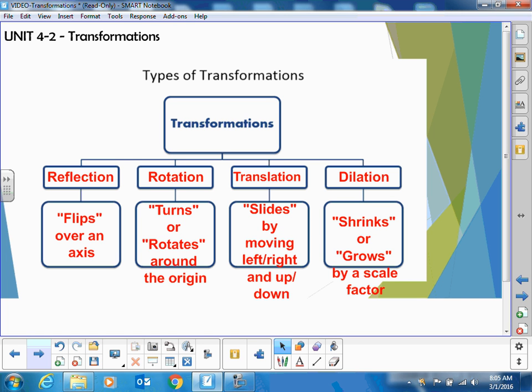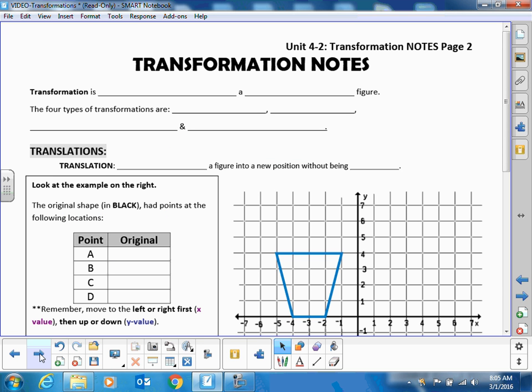Make sure you have these written down on your paper. I went through them quickly, so pause the video and make sure you have them written down, because I will be checking in class. Okay, if you take out your notes on page 2, we're going to be talking about an overall definition of transformations. The definition of transformations is simply moving